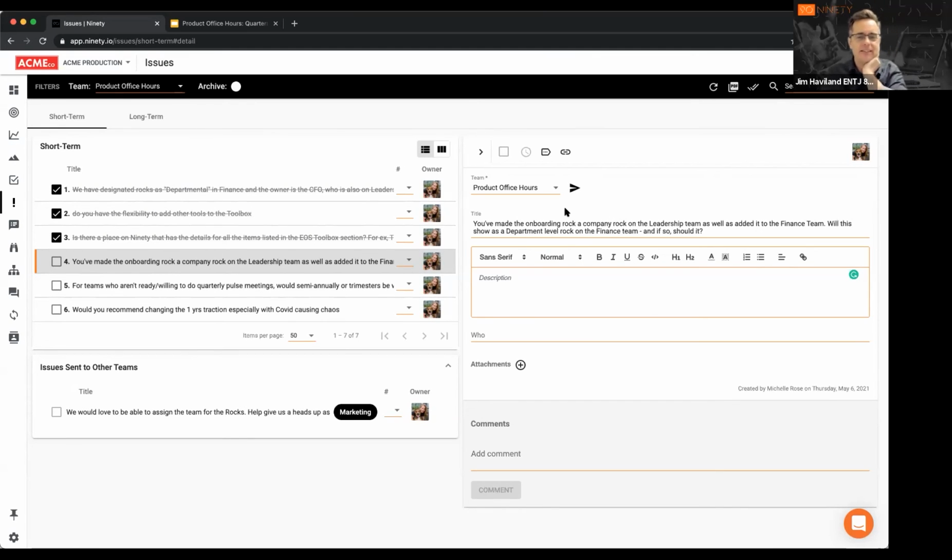Yeah, if you toggle it on as a departmental rock or a company rock, it'll show up that way on any team you end up creating it on. I know that's not always ideal. Some people like it that way because if it's prioritized in one place, maybe it should be prioritized in multiple places, which is probably the initial logic behind that. But I know people need a little more customization there, so we're definitely getting to that in the near future. And you can put it as a department rock on multiple departments. Yeah, if you turn it on as a departmental rock, it'll go in as a departmental rock no matter what other teams you put it on. Okay. Yeah.